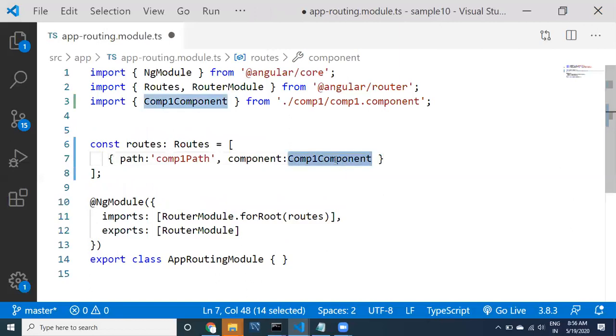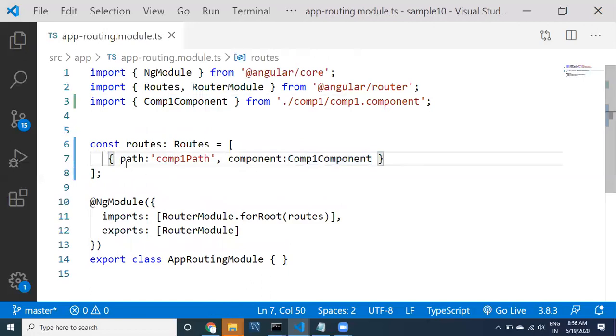If I select like this, automatically this editor is going to import it. Otherwise you have to import it. So this component1 we have created, right? Of course, we did not write any code inside the component1. This is one route, this is one path. This is part of the mapping, one piece of information we have provided. See here, guys, this is the information.